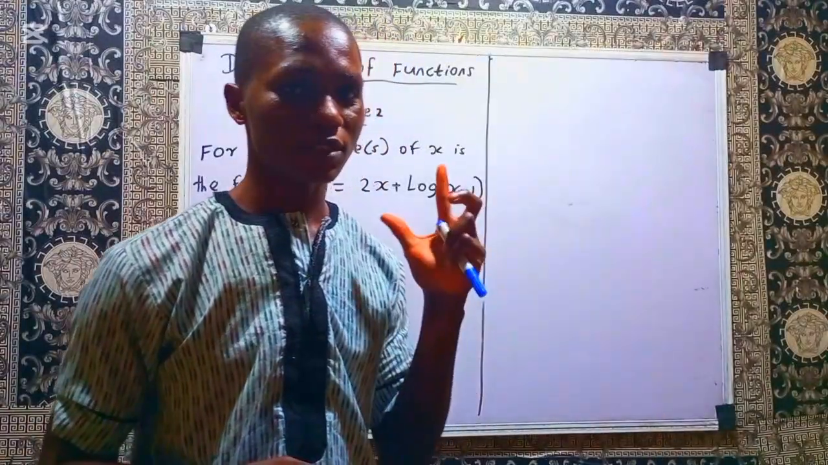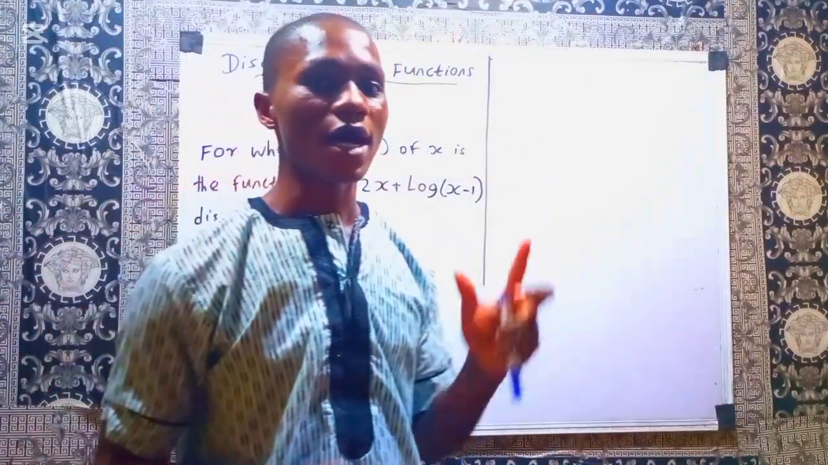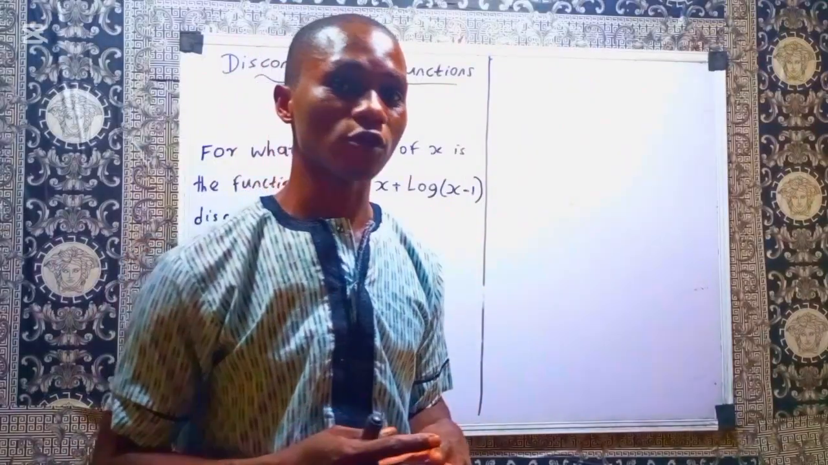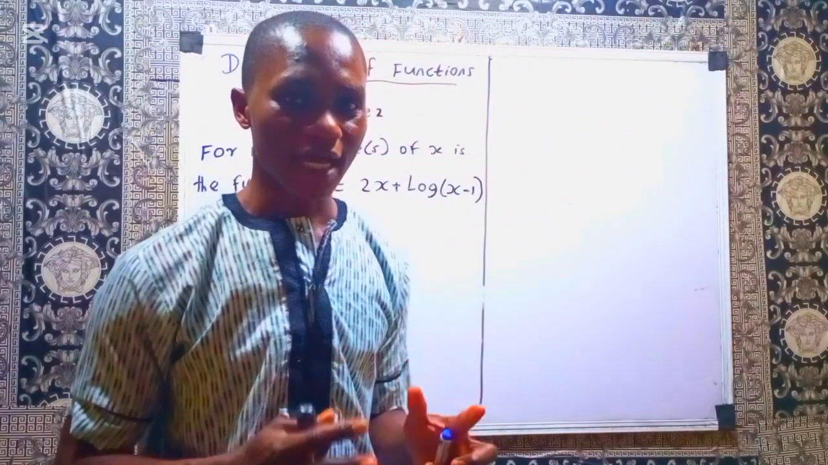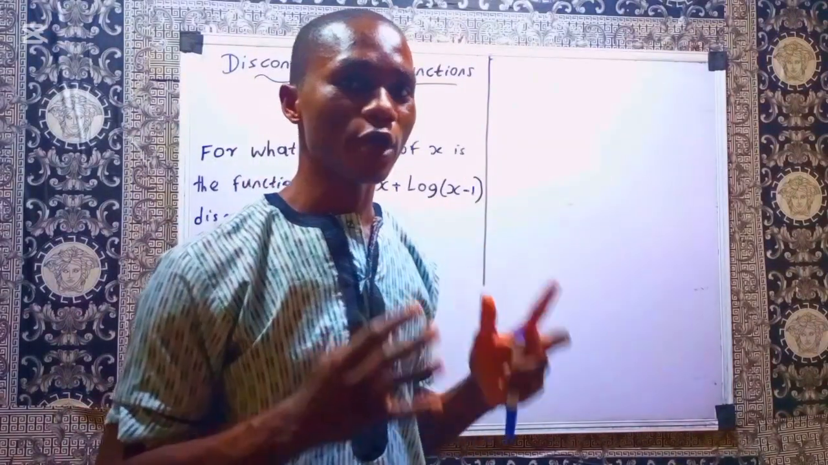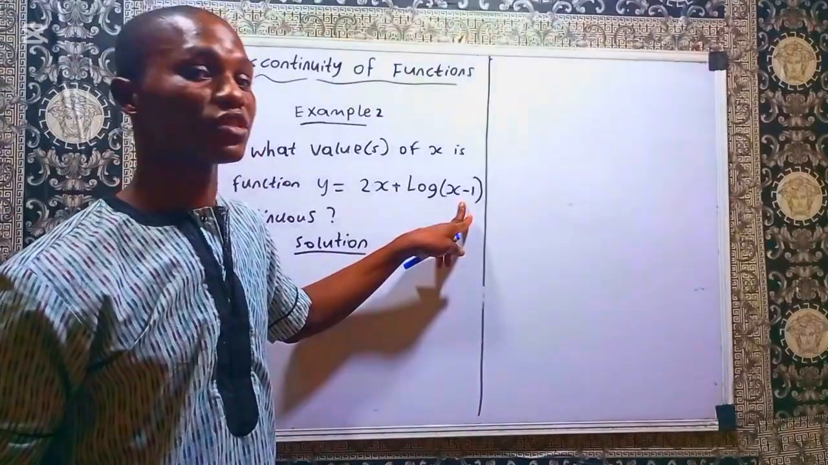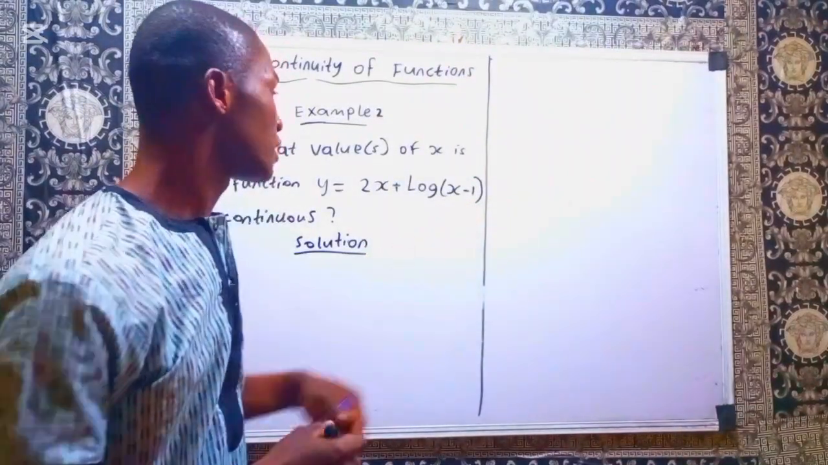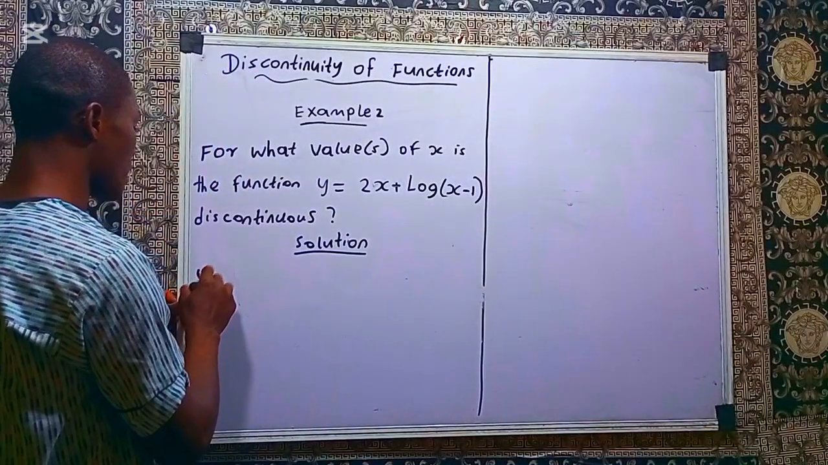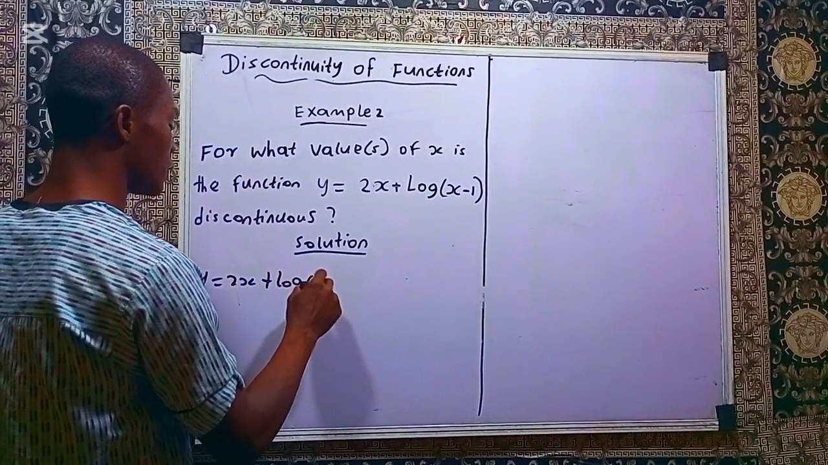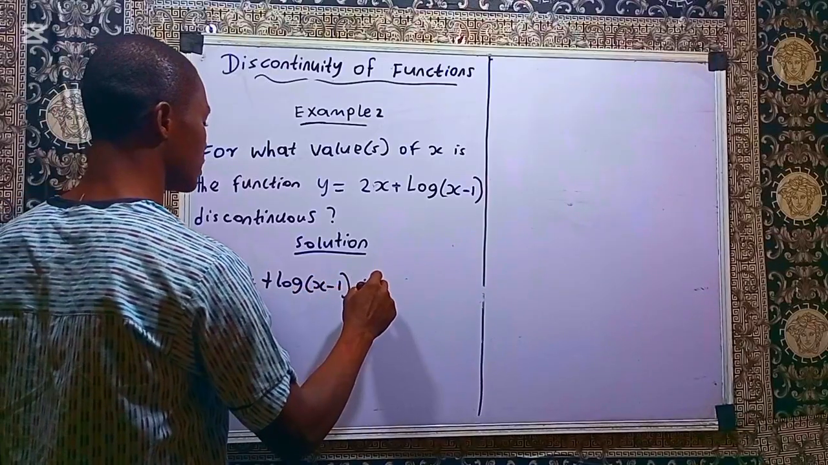Log 0 is not defined as a real number, and the log of negative numbers is not defined as a real number. So because of that, the points of discontinuity are those points that will make this expression to be 0 or negative. So let's just write y equals 2x plus log of x minus 1 is